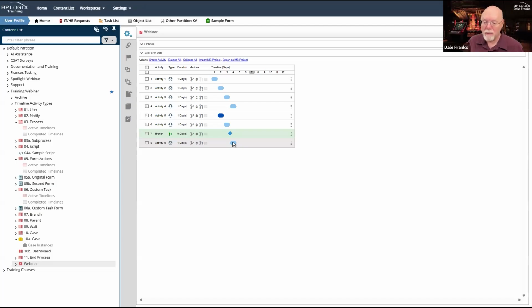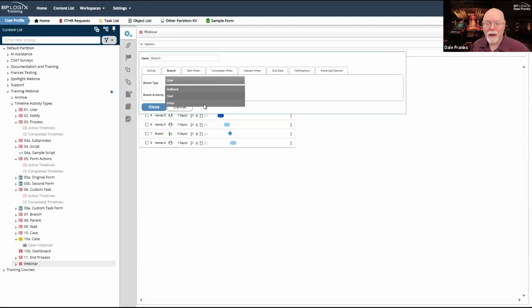Activity 8 will run because it's dependent on my branch. When my branch activity concludes, activity 8 starts. But my branch said to start activity 3. So you know what? We're going to do that. We're going to start activity 3 and it will be running. So both activity 3 and activity 8 will both be running. It doesn't matter if activity 3 has not run yet. It doesn't matter if it has already run. It doesn't matter if it's running now. We are going to start a new instance of activity 3 when I call that start.